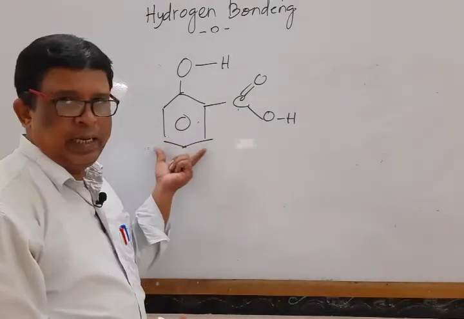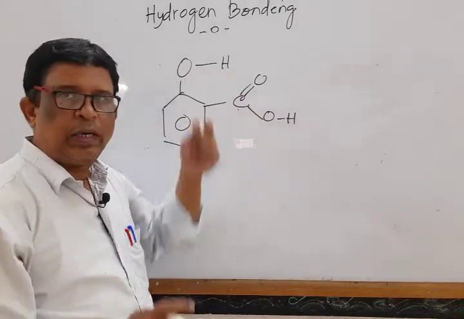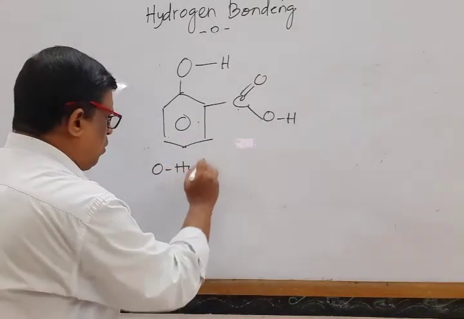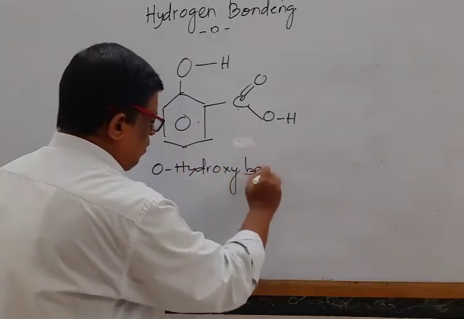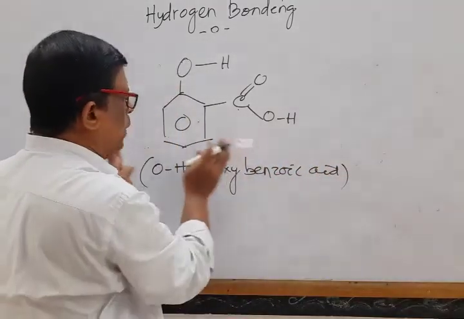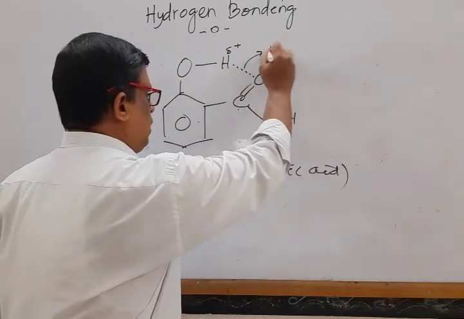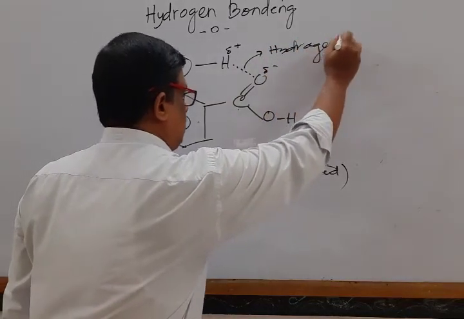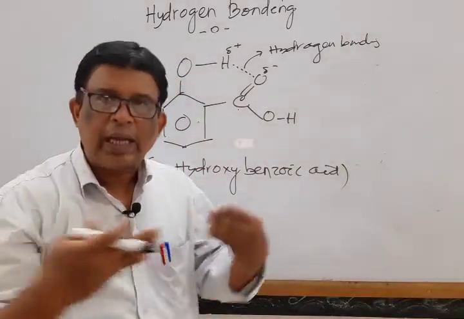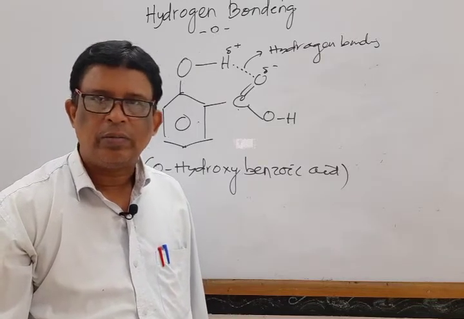It is a benzene ring attached to COOH, benzoic acid. OH is alcohol. Remember that we discuss this in detail in organic chemistry. Its name is O-hydroxybenzoic acid. Mark that. It is one molecule. Between the atoms, high electropositive and electronegative. This dotted line is known as hydrogen bonding. As this is carried out within one molecule, the magnitude of force of attraction decreases, which decreases the melting point and the boiling point.